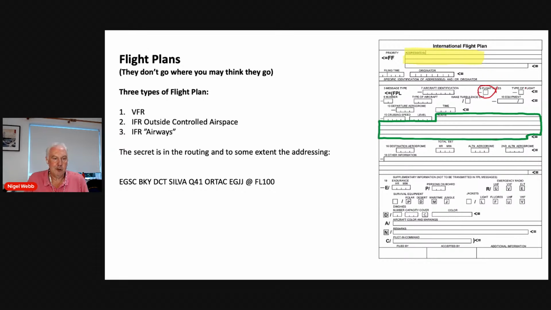The third flight plan I'll call an Airways IFR flight plan, but there isn't really a proper name for it, is an IFR flight plan where the routing actually deliberately takes us into controlled airspace. So we climb into the London TMA and we route via Airways to our destination. And this kind of flight plan still has an I in the flight rules box, but the difference is the addressees. Instead of going to just the place you came from, the place you're going to, and the FIR, in addition to all of those, this also goes to Eurocontrol in